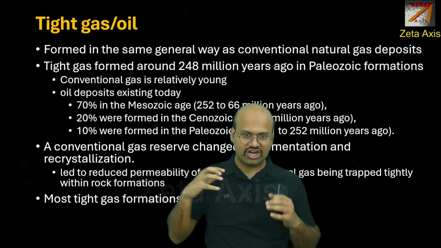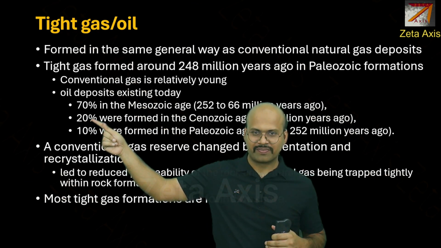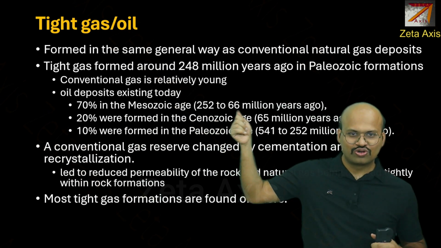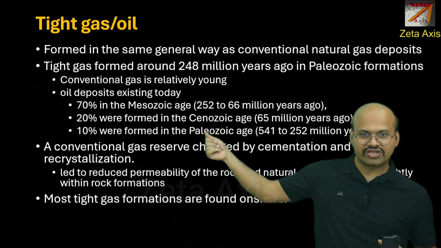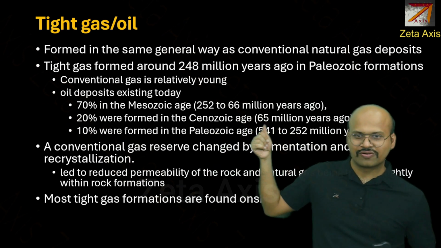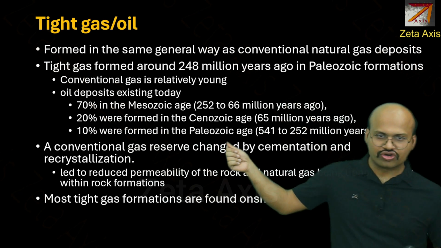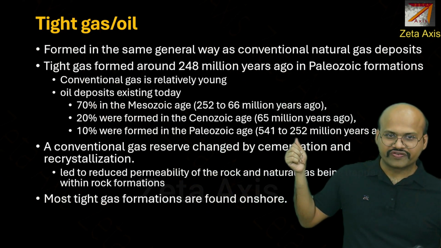If we see the total oil deposits that exist today, 70% of them were formed in Mesozoic age, that is from 250 to 66 million years ago, while 20% were in Cenozoic age, that is 65 million years ago, and only 10% were formed in Paleozoic age, that is having an age of 541 to 252 million years